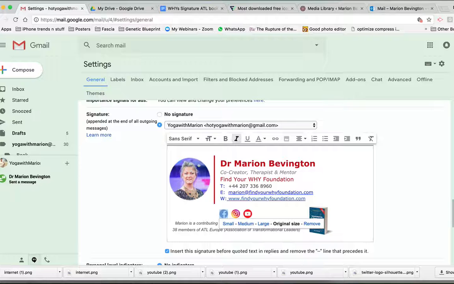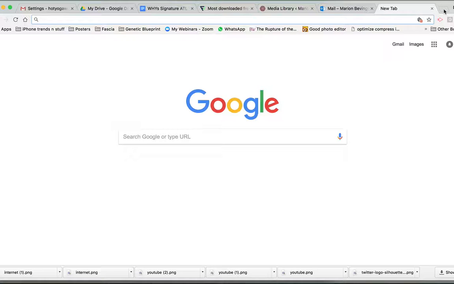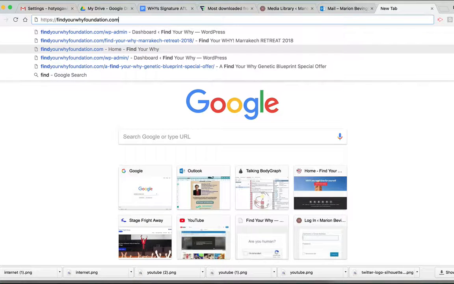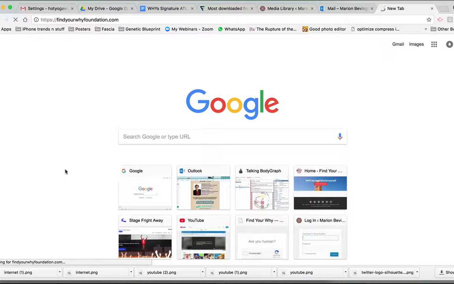Now that we've got the icons in there, we can create links. So for the Facebook page for FindYourWHY, the best way to do this is actually to go to the website, because I can use the website to give me the links, and I'll show you how to do that now. So when the website comes up,